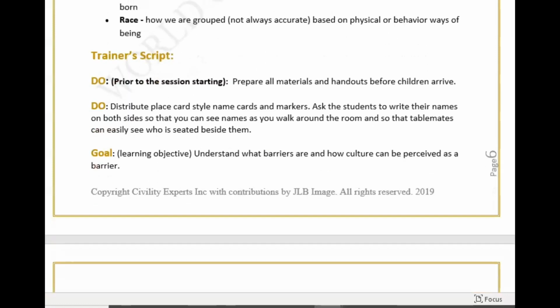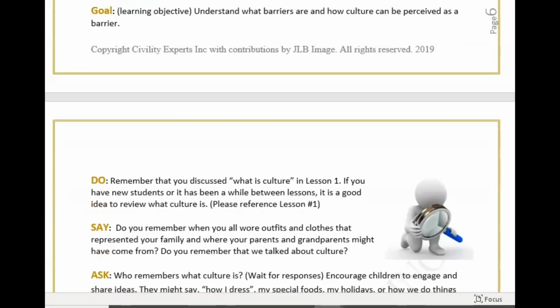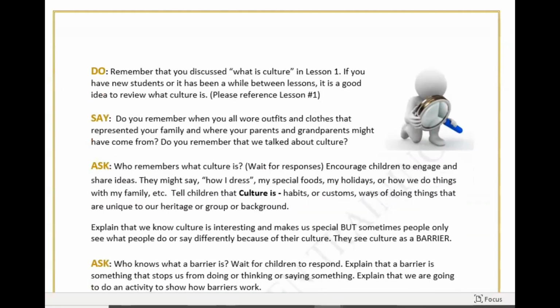And then prior to the session, we're going to prepare the materials. We're going to make sure everybody has a name tag and introduce the concept of names being related to culture often. And we're going to remind the children what we learned in Lesson 1. So we provide as takeaway 5 lessons, and they're intended to scaffold. So we encourage you to do Lesson 1, then 2, 3, 4, 5, and the bonus lesson, and deliver them in the order that they're provided because the concepts build on each other.